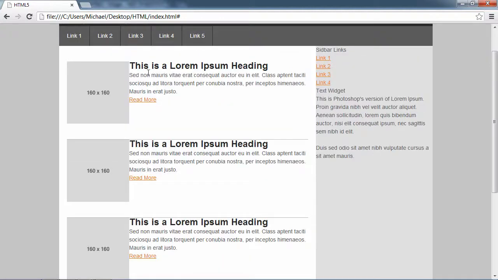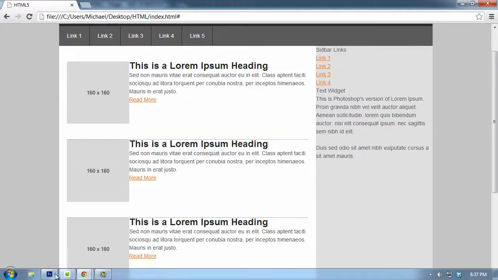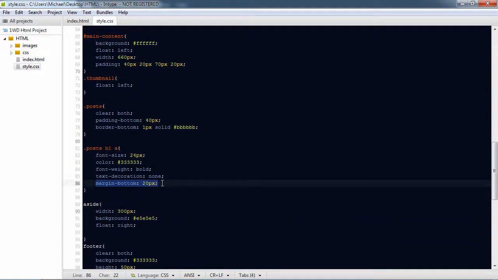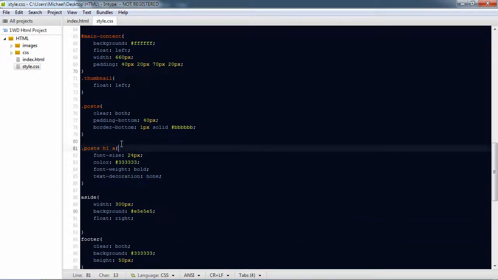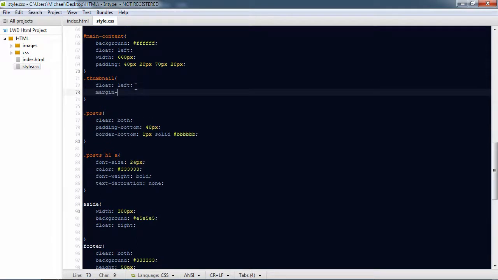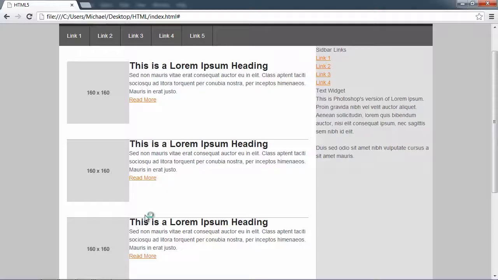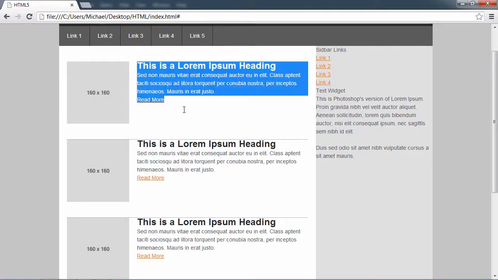So let's remove this first, and let's target the image and apply a margin right, 20 pixels I think, or maybe more. Let's see, yeah, 20 pixels. Preview, and yeah,